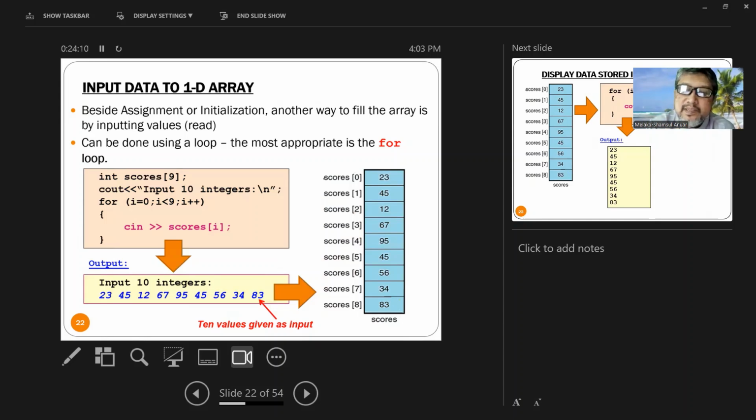Besides assignment or initialization, another way to fill is by inputting values or read. Can be done using a loop. The most appropriate is the for loop. Okay. Integer score, so you declare first that the array scores will have 10 elements, and then cout input 10 integers. Then you enter 10 integers. Okay, and then for loop